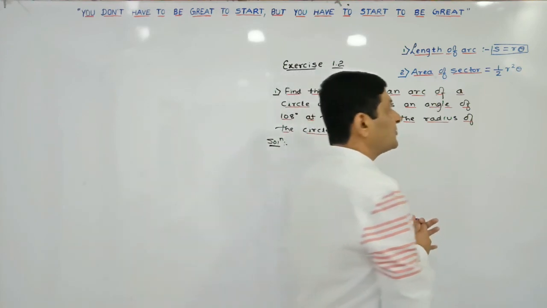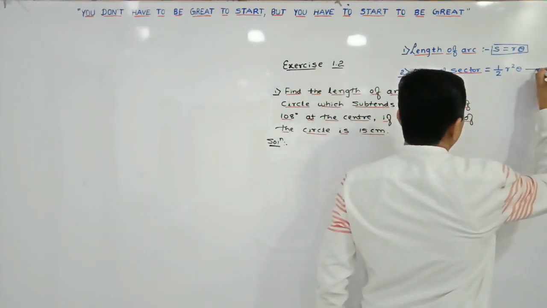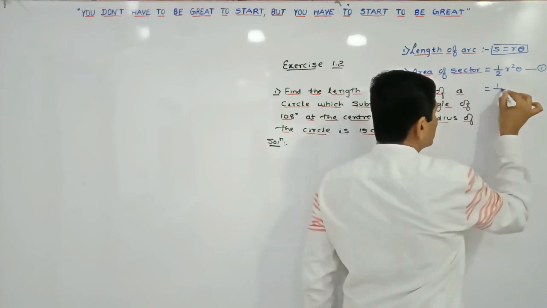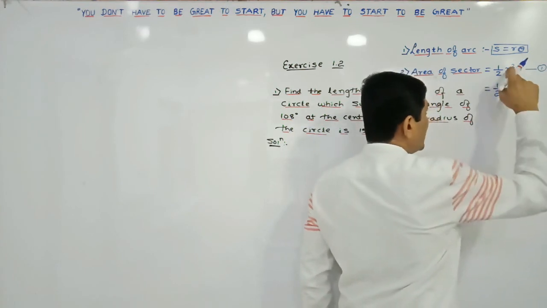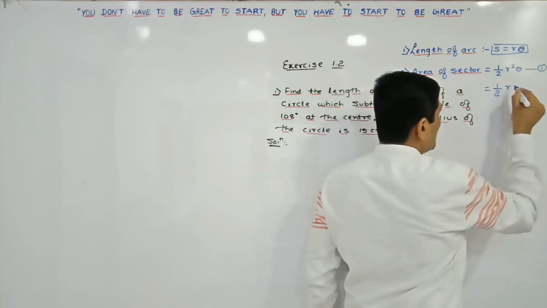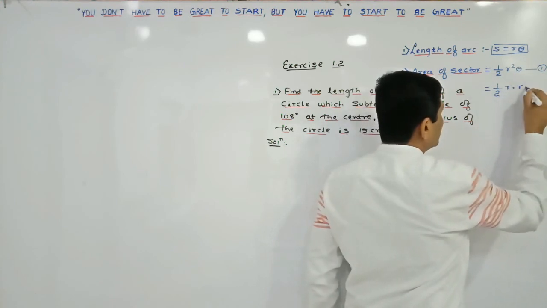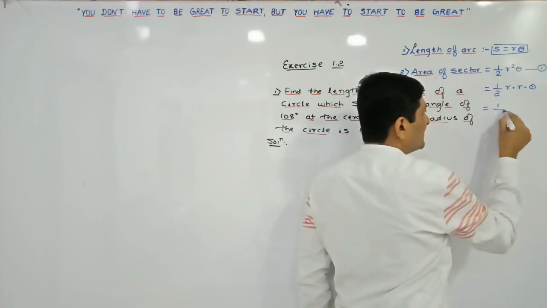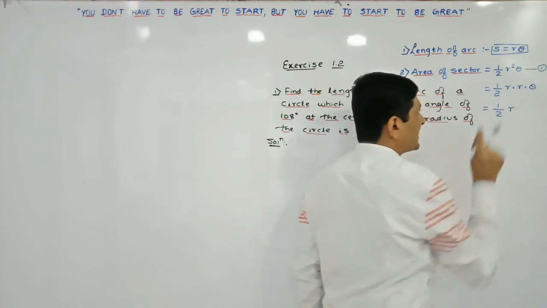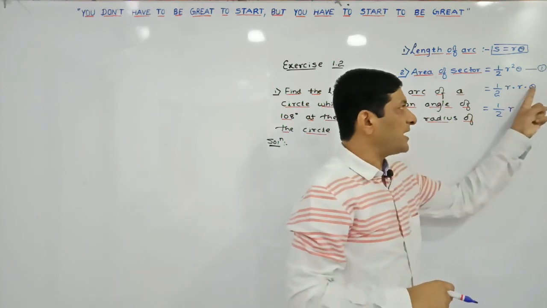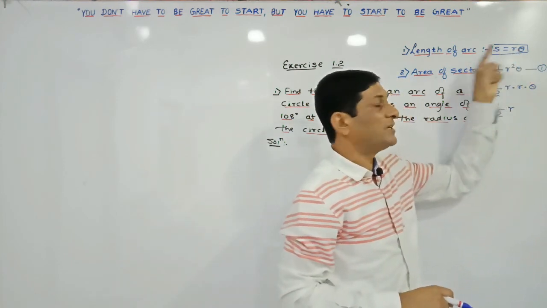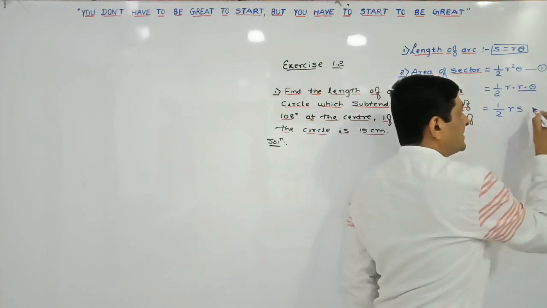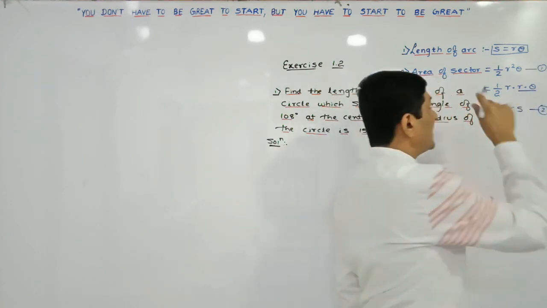Now we are trying to get another formula to find the area of a sector, so try to understand it. Half, keep it as it is. This r square can be written as what? r into r. Keep this theta as it is. So keep this half as it is, r also as it is. This r into theta means what? r into theta means S. So here this r theta can be replaced by S.